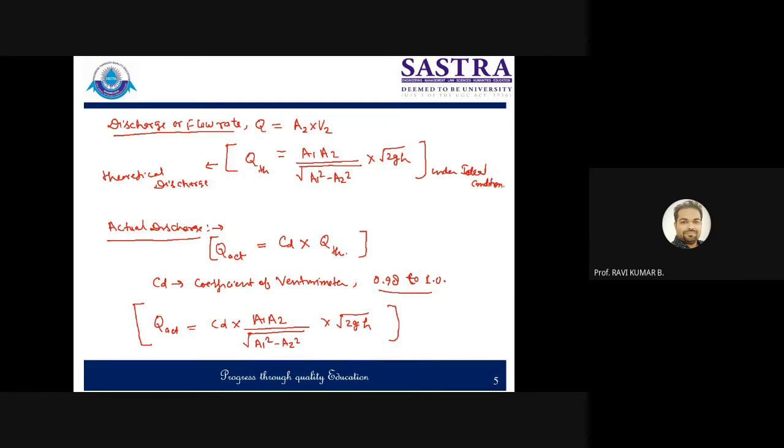We will be using manometric fluids whose density is lower than the density of the flowing fluid in the pipe. If we are using the ordinary U-tube differential manometer, in that case, the manometric fluid will have heavier density than the density of the flowing fluid. That you keep in mind. So there are two conditions in which we find out the value of H. Up to here, I don't think you will have any doubt.